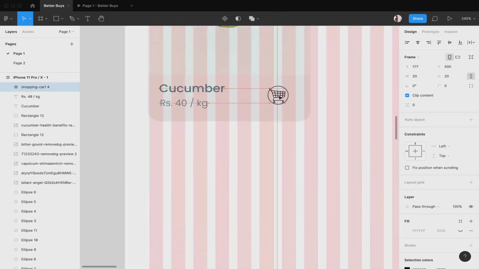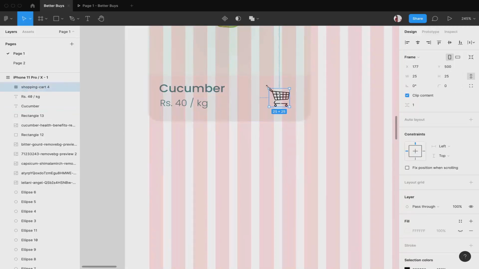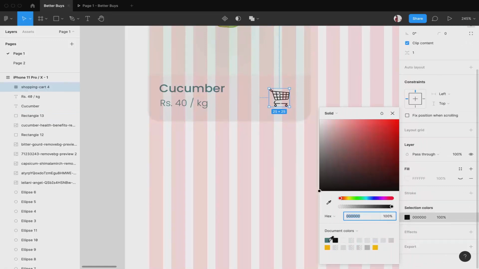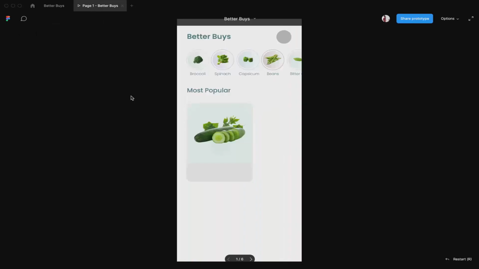Yeah, so now let's increase that size. It will be of 25. Now since this is an SVG, I can change its color, and I'm gonna do it. So I changed it to the color we are using throughout the application. So this is how it will look.